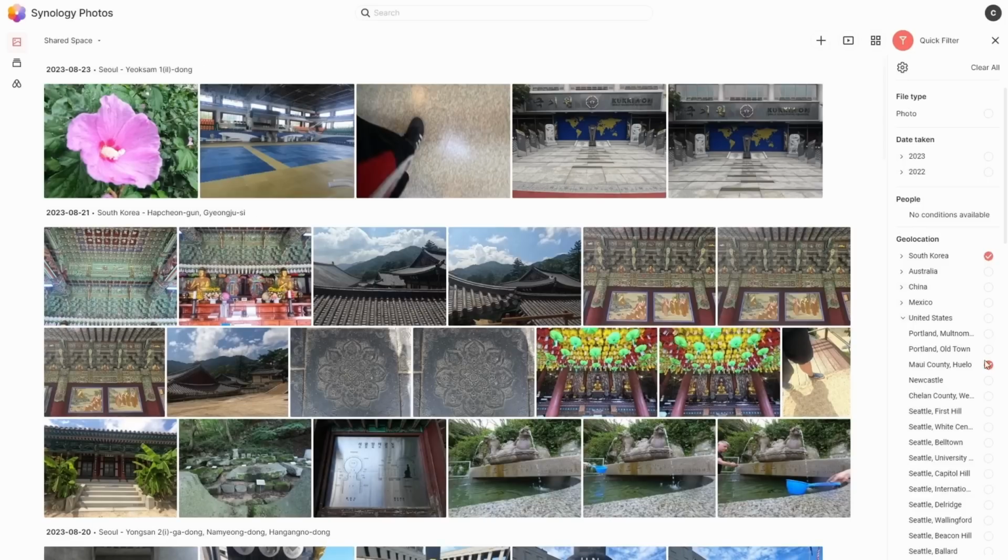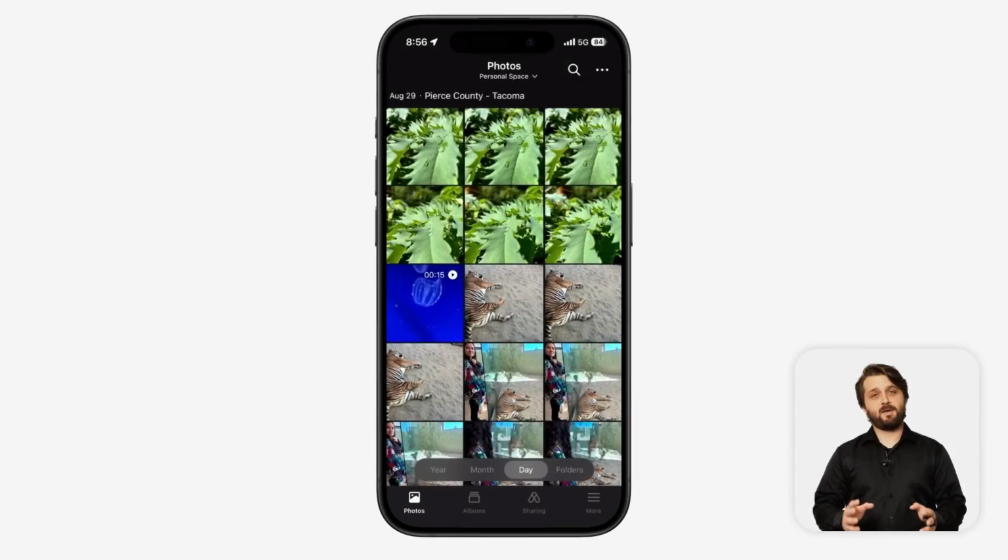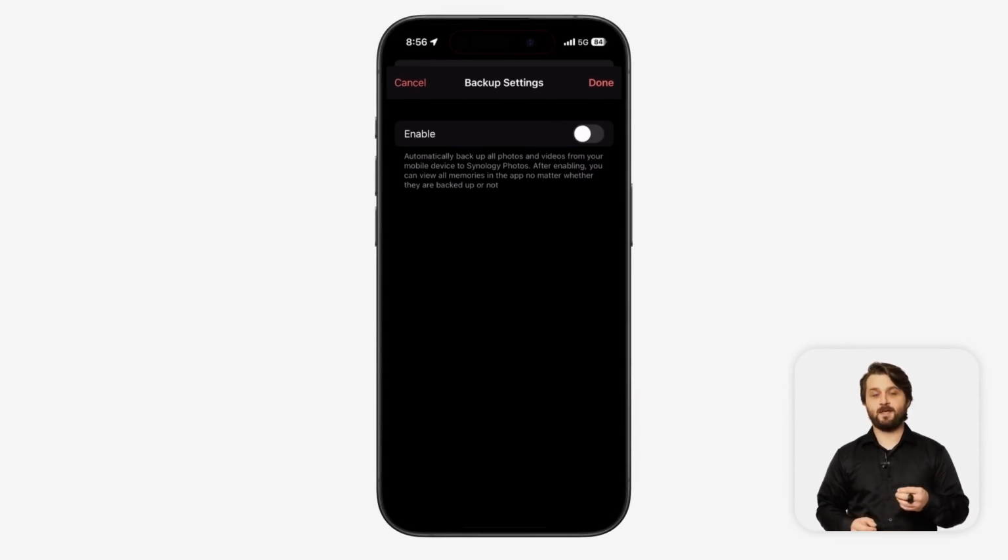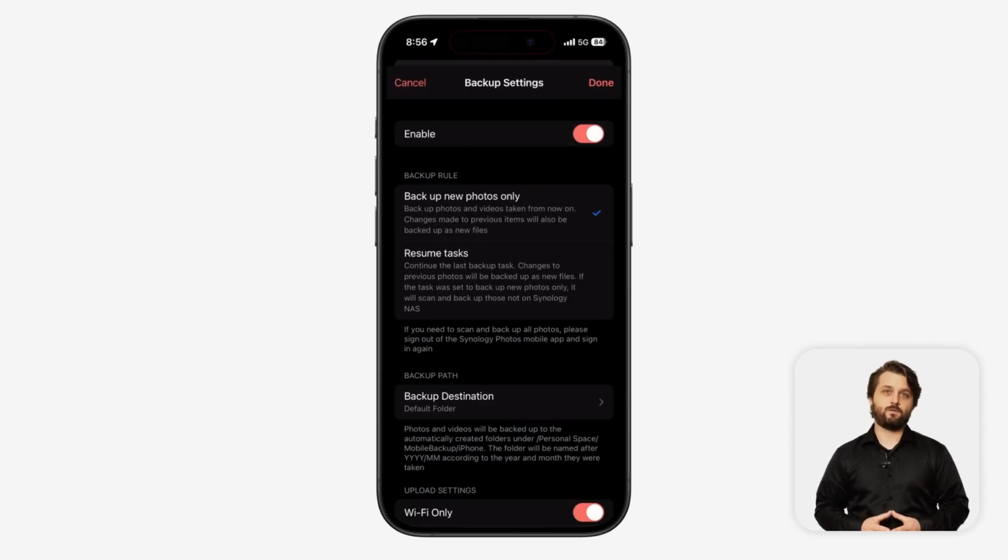Now, once that's all complete, you can see all the different functionality for managing your data in Synology Photos. But what is most important for our macOS webinar here today is how the iOS application actually looks. So I'm on my main personal space inside of the iOS app for Synology Photos. Under the More option on the bottom right, we're going to be able to enable our photo backup option for our settings here.